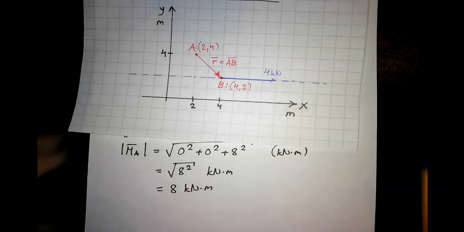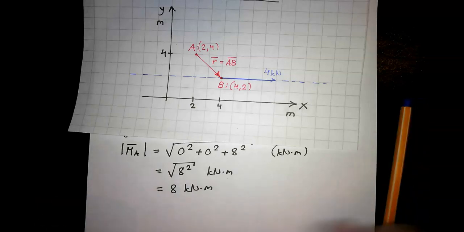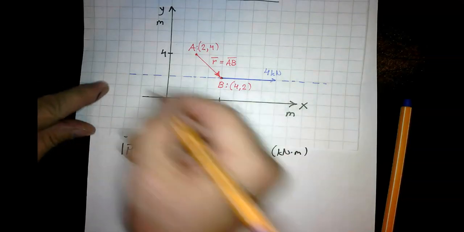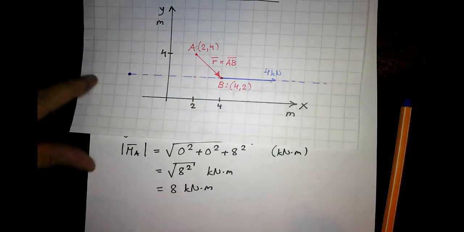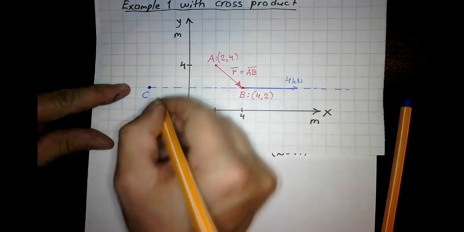I will calculate this another way by choosing, for example, this point here. I'm not going to draw a third picture, but I will take another color. I will choose this point here, and this will be point C,